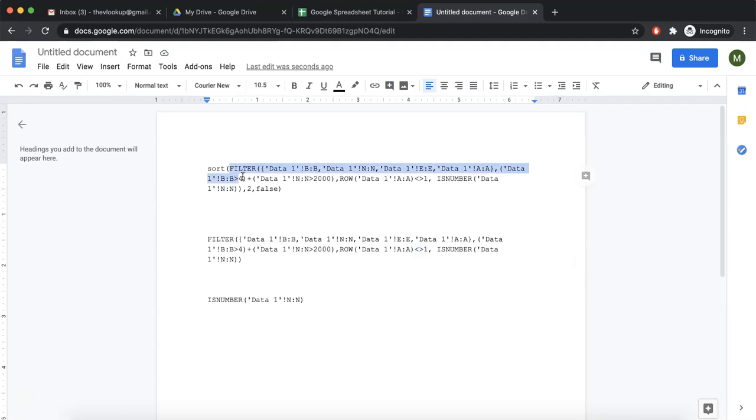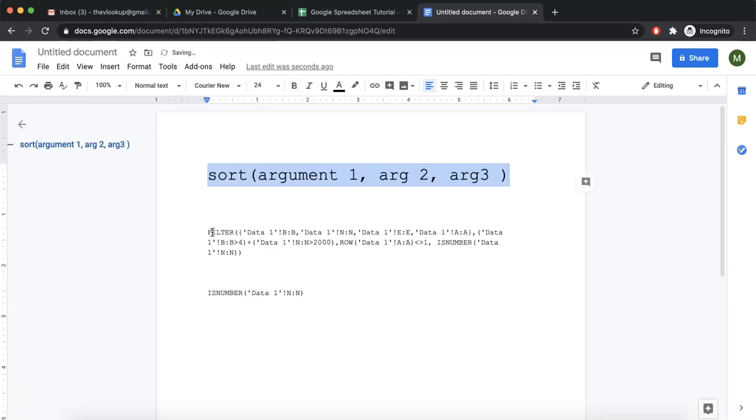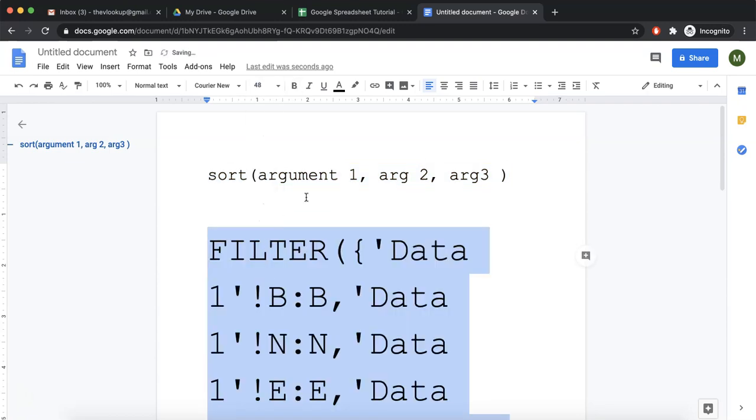Now in case of sort, this is argument 1, comma, argument 2, comma, argument 3. This is how sort works. We have seen that it takes 3 arguments. Let's make it bold. And this is the complete filter that we have already implemented.